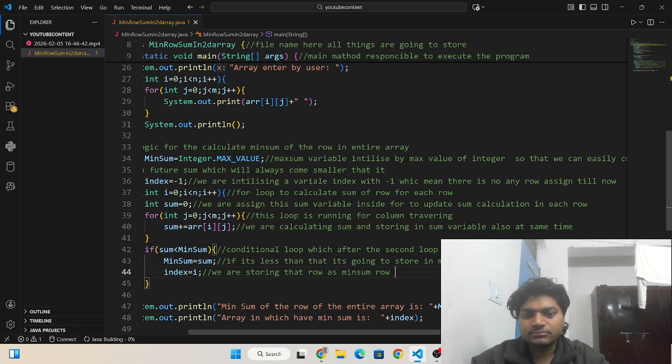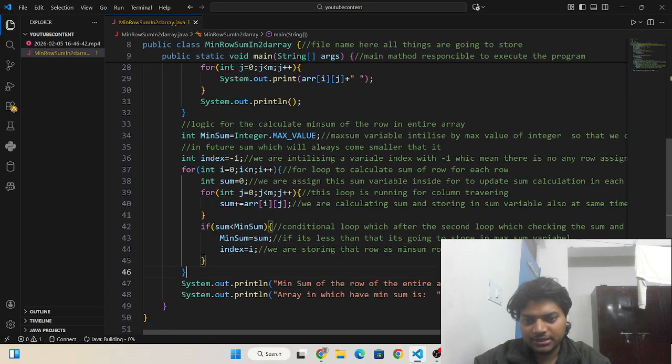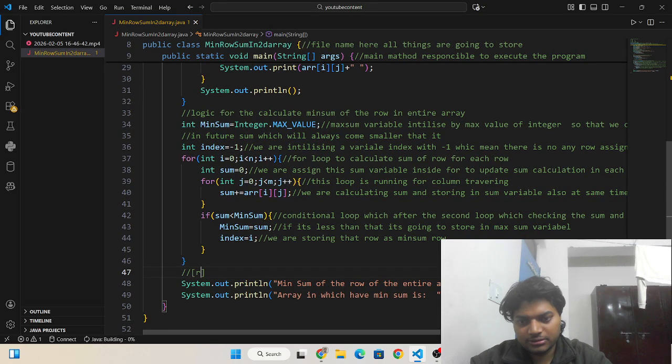Okay, min sum row. So that's all guys, and here we are printing